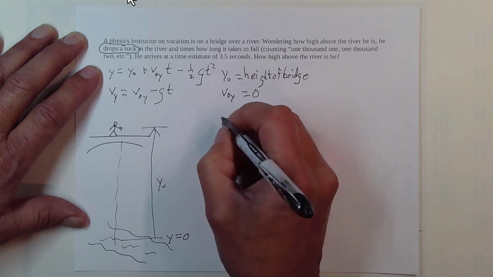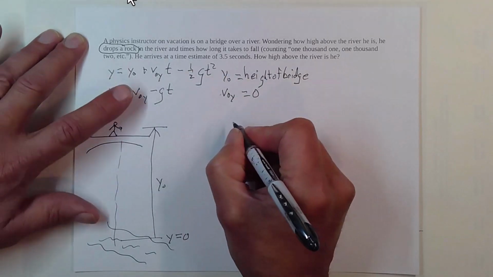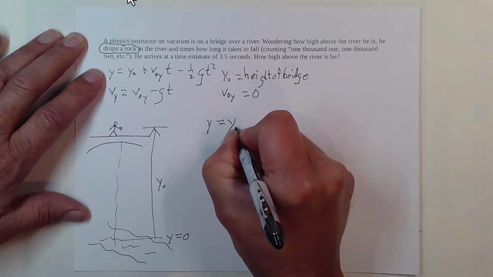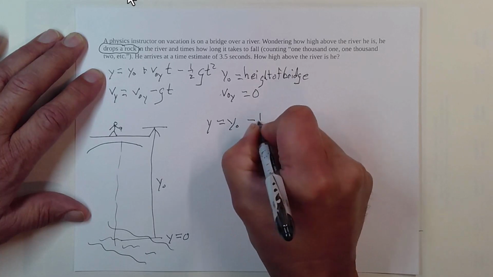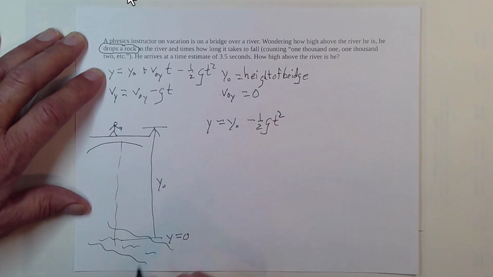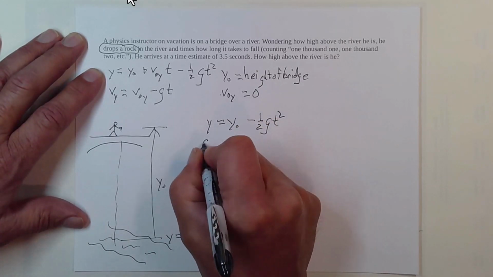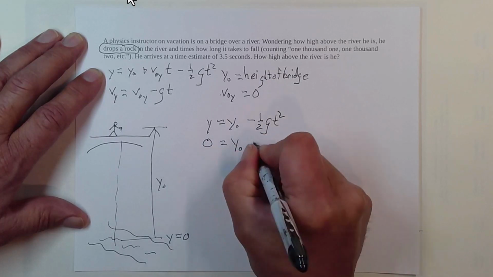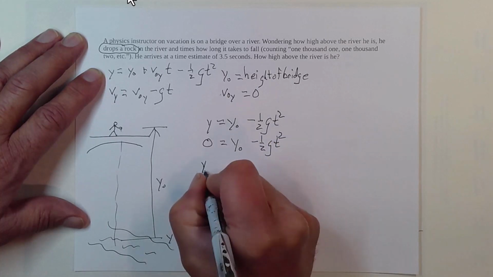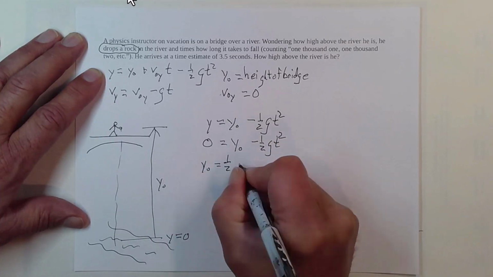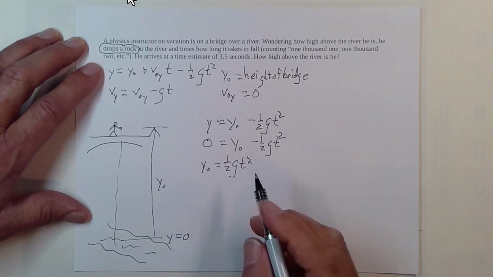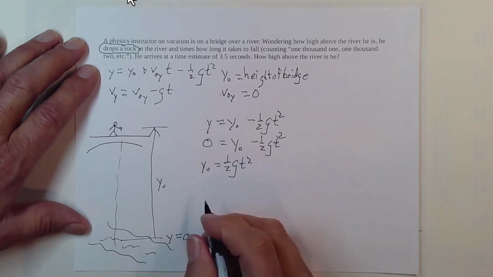And so we can rewrite this equation. First of all, with v naught y being 0, we get y equals y naught minus 1/2 gt squared. At the end, we'll have y equal to 0. That's when it hits the water down there. So we have 0 equals y naught minus 1/2 gt squared, or y naught is equal to 1/2 gt squared. So this is a relatively simple plug and chug equation. I'm going to do it in an even easier way here in a second, but